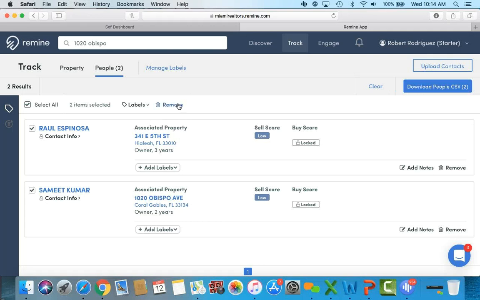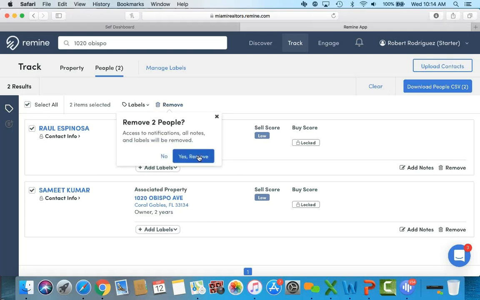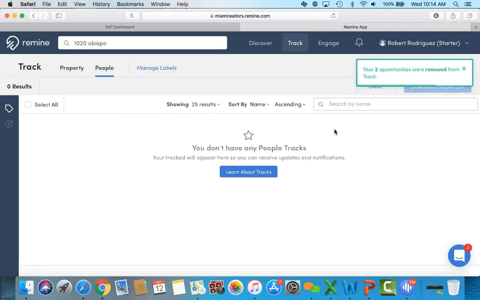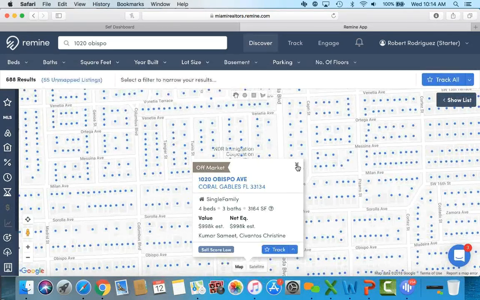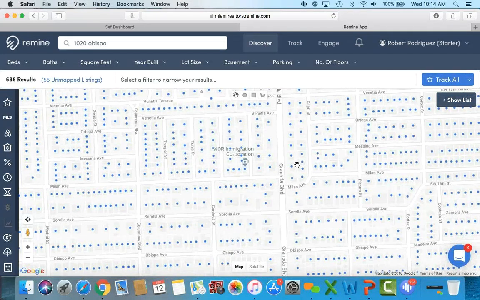All right, so let's go ahead and remove these from my track. We're going to go ahead and hit yes, remove, and then we have cleaned out our track. We have no one in here. All right, let's go back to Discover, and let's start showing you all the powerful ways to use Remine for